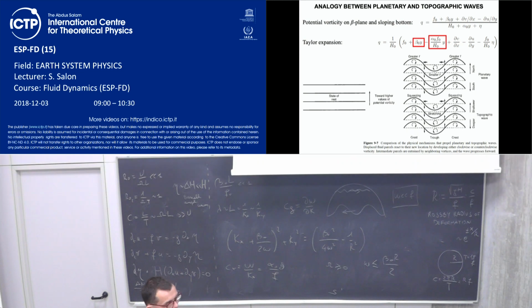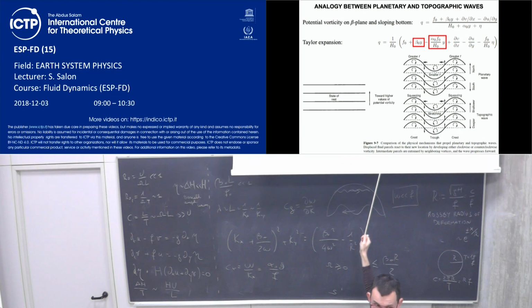Since they are related to topography and rotation, they don't have anything in common. I can consider something which is flat with a planetary effect, and the other one, and also both of them. That's why, when we consider both of them, this is the last part, where we found the